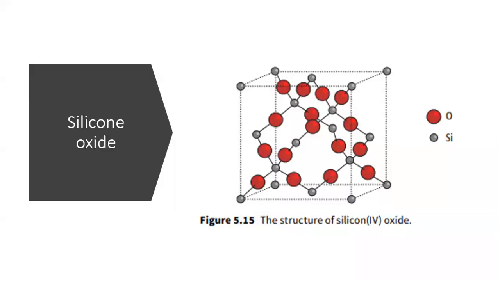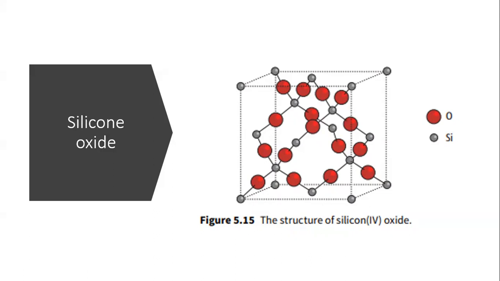Each oxygen atom is bonded to two silicon atoms. Each silicon atom is bonded to four oxygen atoms. Okay, each oxygen is bonded to two silicon atoms. That's correct. Each silicon is going to be bonded to four oxygen atoms. And the formula for silicon oxide is silicon 4 oxide, or if you write it down,